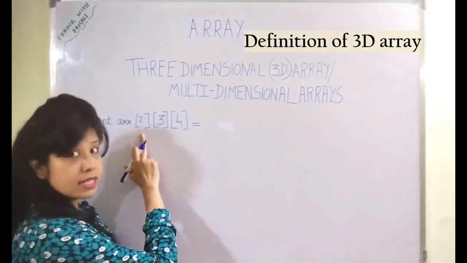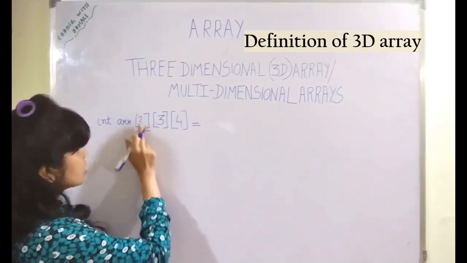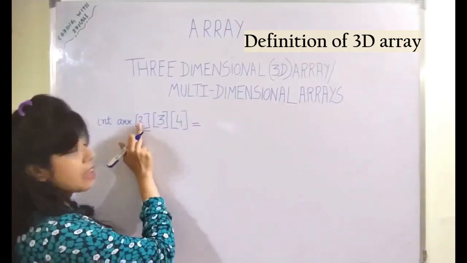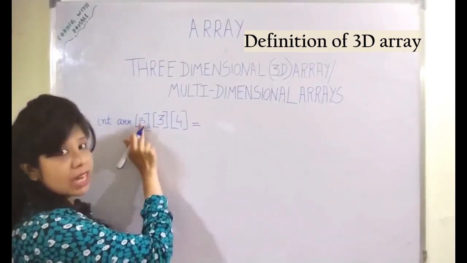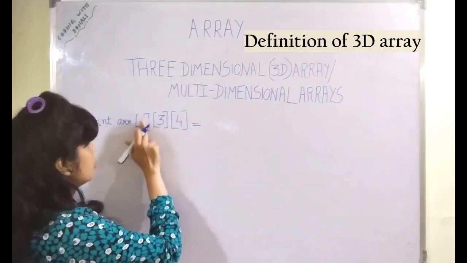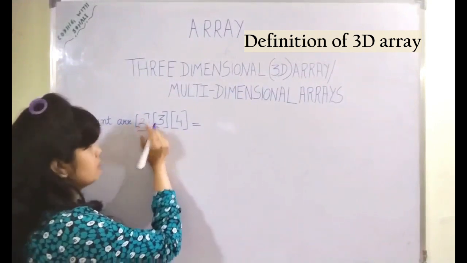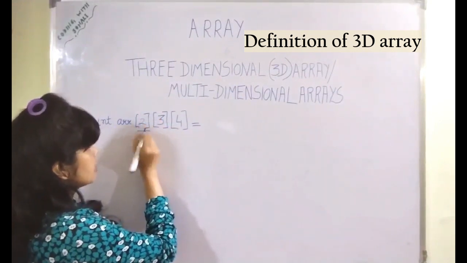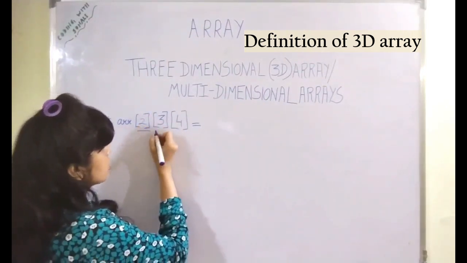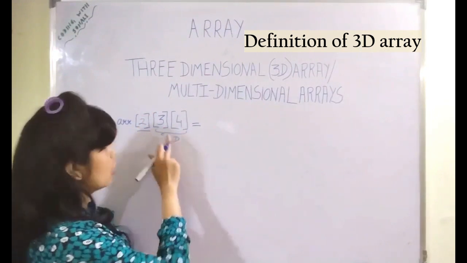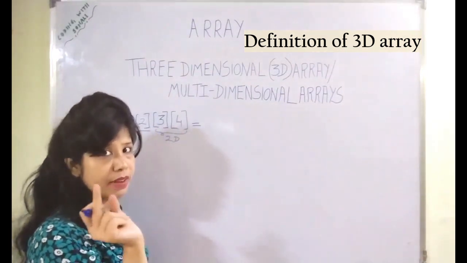You can see here that the first dimension, that is this first subscript, is giving how many elements are there. It says it has 2 elements. If you give 3 here, that means you have 3 elements in your 3D array. But here let us consider the example where I am taking it as 2. So that means you have 2 elements. This represents how many elements there are in your 3D array, and those 2 elements are 2D arrays of dimension 3 by 4.